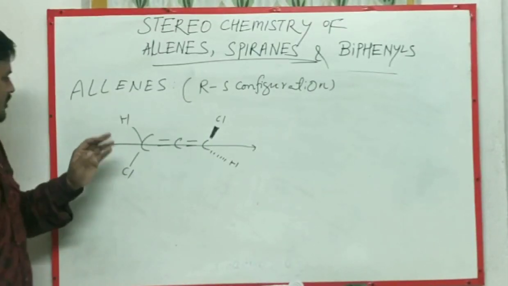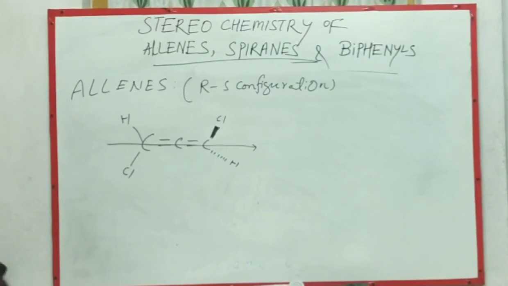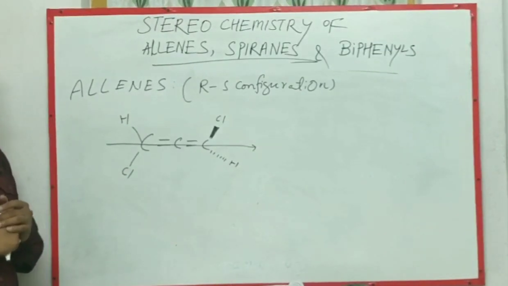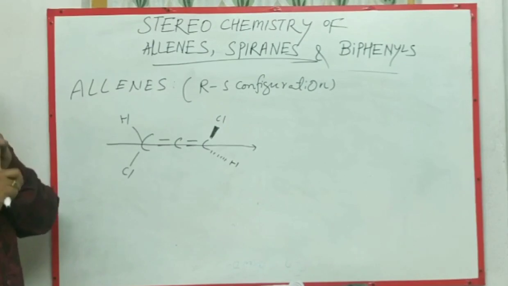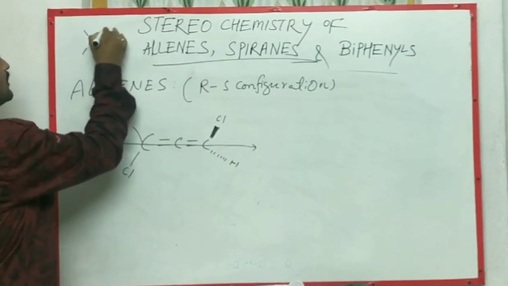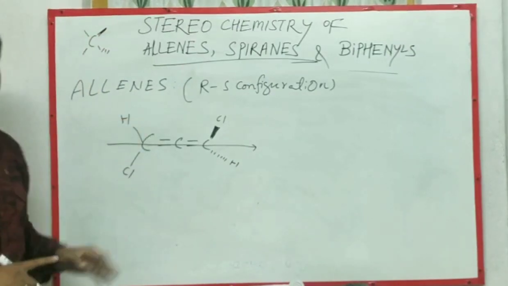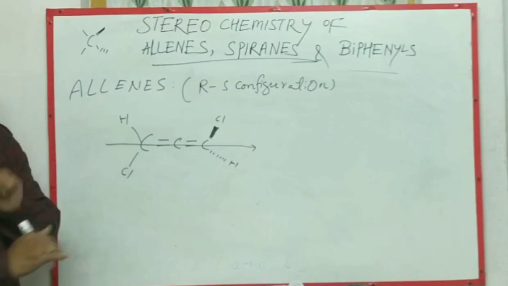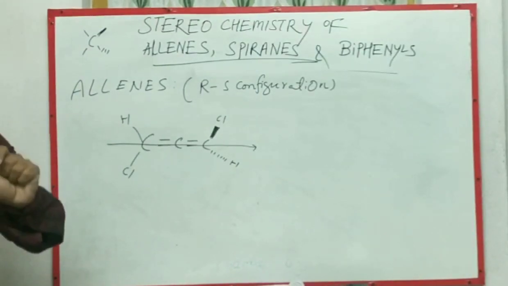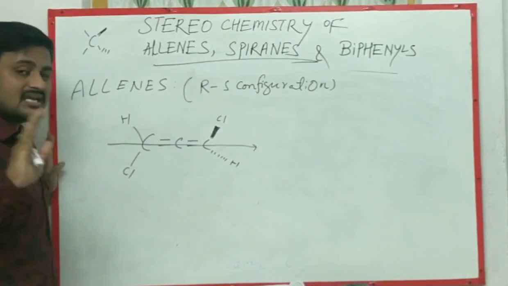Then here terminal atoms, hydrogen, chlorine, hydrogen. How can we give the numbering? How can we decide it? Actually, in case of RS configuration, the carbon atom has 4 different valencies. But here the same valencies exist. How can we give the numbering? Just a simple thing, a very important point. Just listen. In that case, how can we give the numbering?